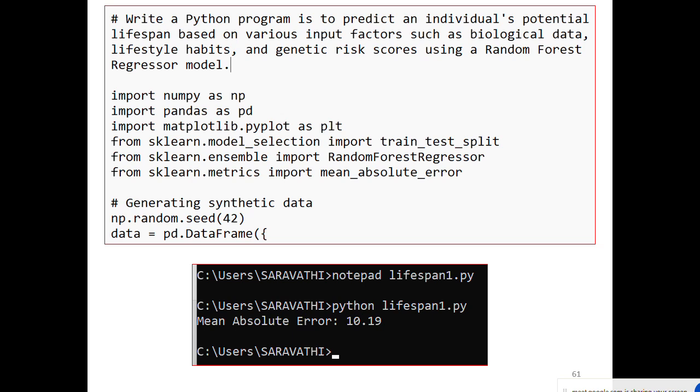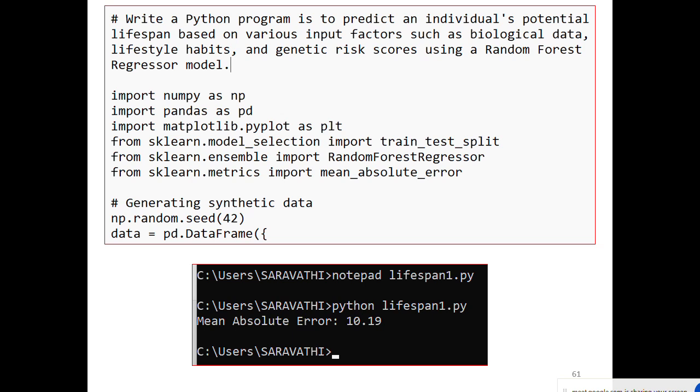Random forest is a classification algorithm and we are using genetic risk scores. We are importing numpy as np, pandas for data set description, matplotlib for visualization purposes, and sklearn, a machine learning library, generating synthetic data,